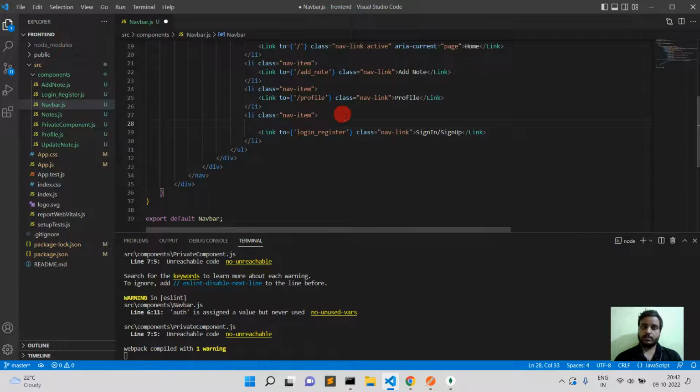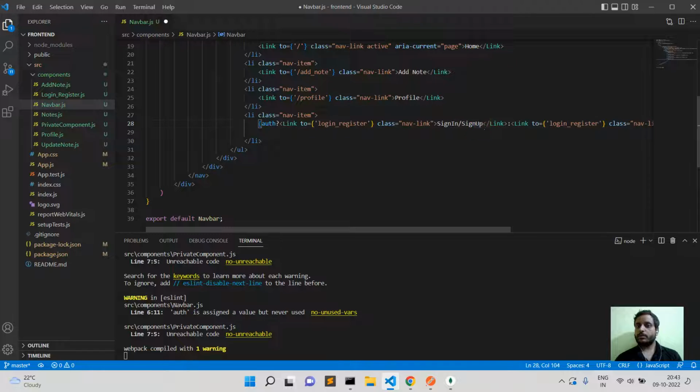So here inside curly braces, cut this, paste here, and if the auth is available, then we will show logout button here. Sign out button here. Okay,